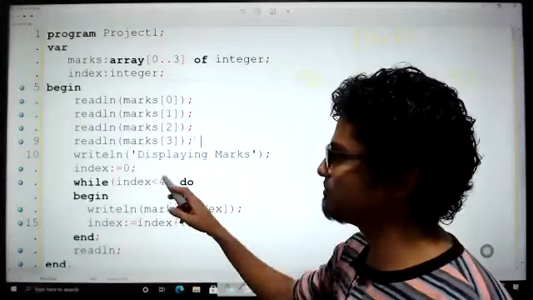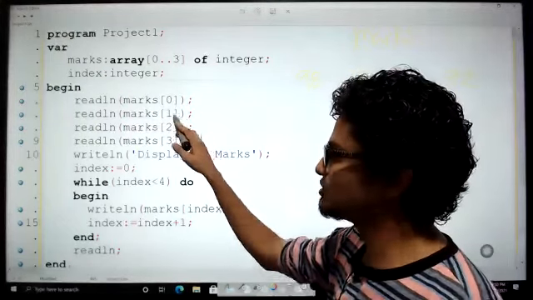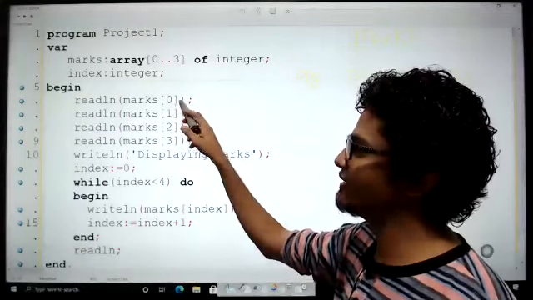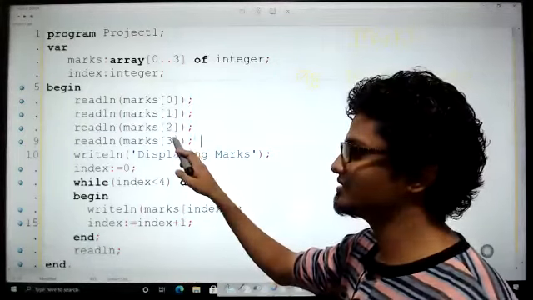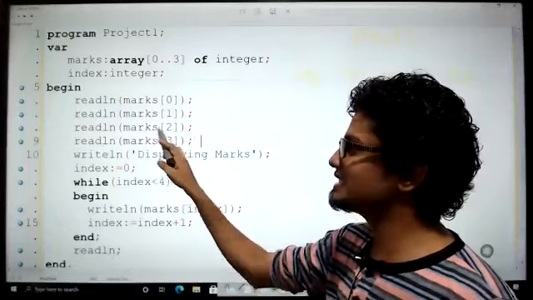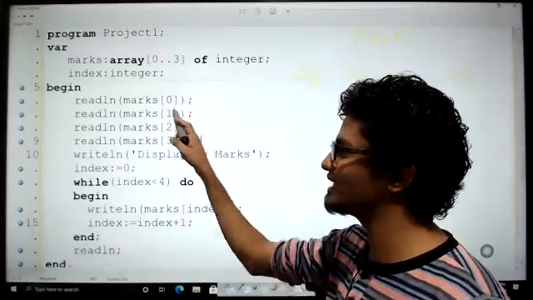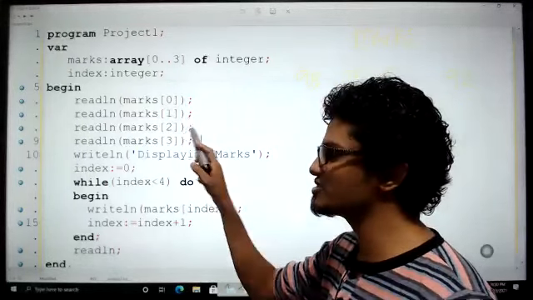Okay, we have to repeat it because we have to assign values for each of these elements, no, Hannah? So the element numbers are 0, 1, 2, 3. So that's why we had to repeat it but change the element numbers, so that I can assign values for each of those elements.